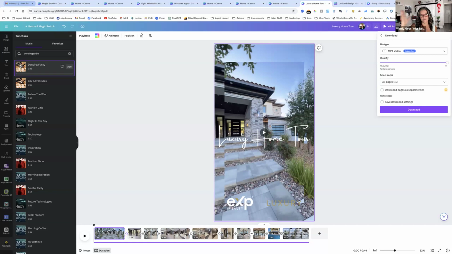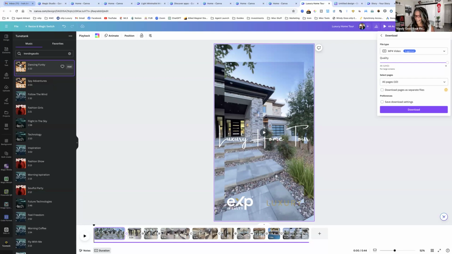But if you make one on TikTok, you can repurpose it to the other platforms. It actually brings the audio over, and I haven't had a huge problem with that. It also takes off the logo, so you don't have the TikTok logo when it goes over to YouTube. But anyway,